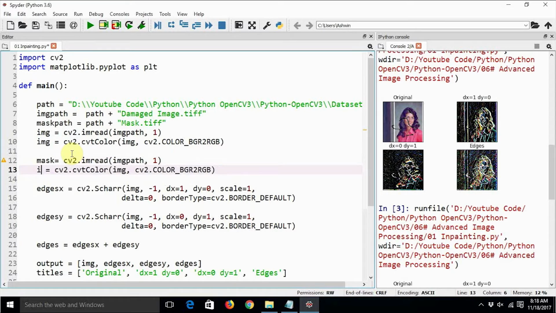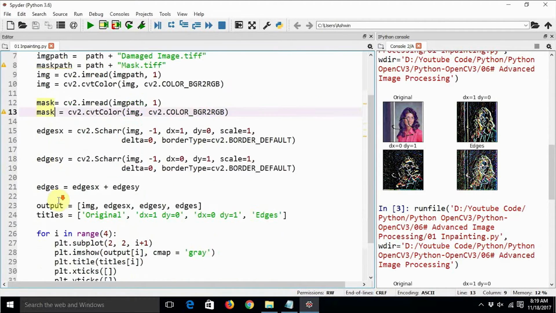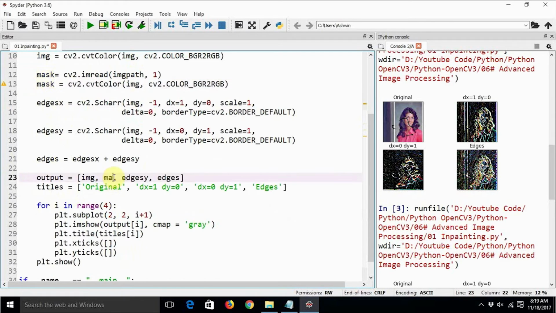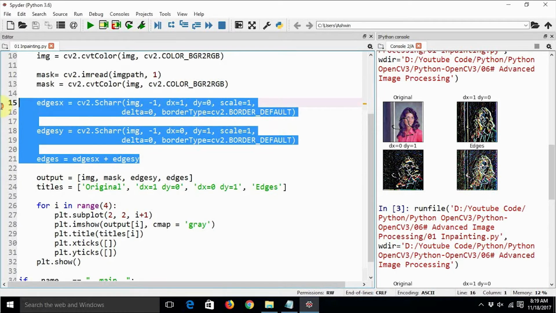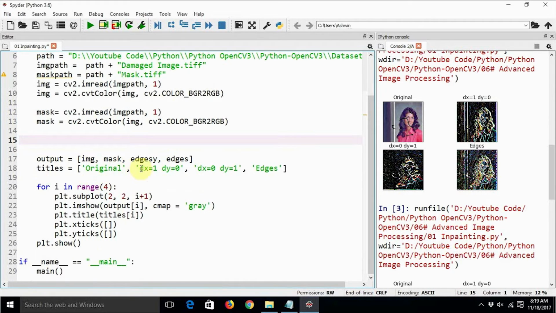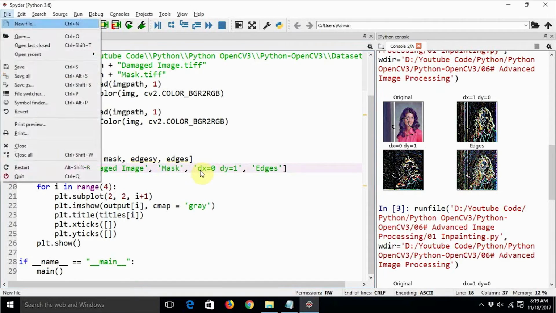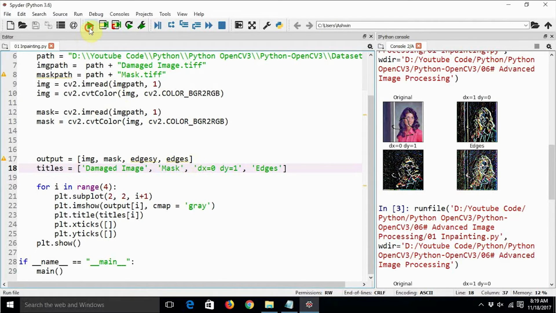The second one is mask, mask. So let's delete these two lines, an original or damaged image, mask, and let's run the code.